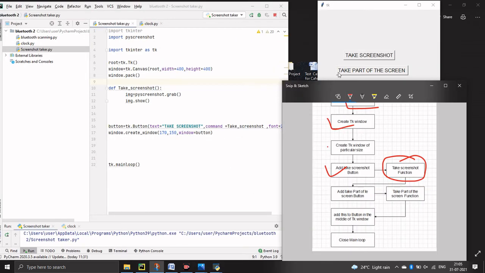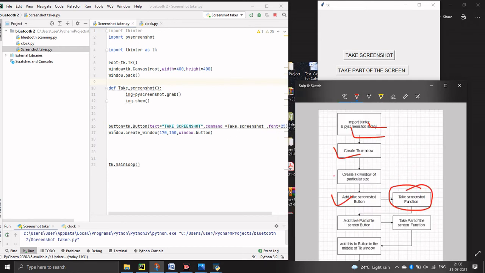So the next step is to create this take part of the screen button. If you want to capture some part of the screen, then we are going to use the same function that is used in the previous take screenshot button.